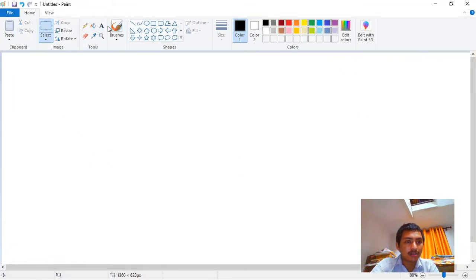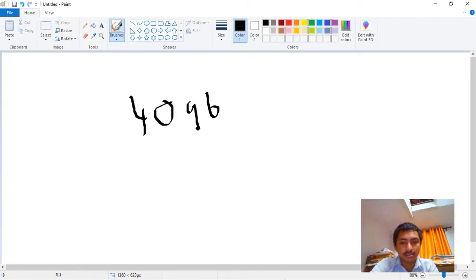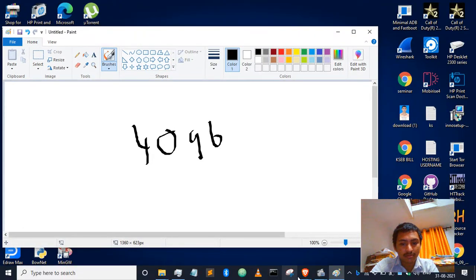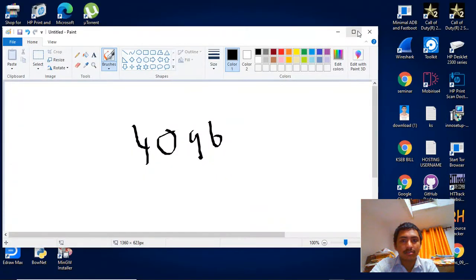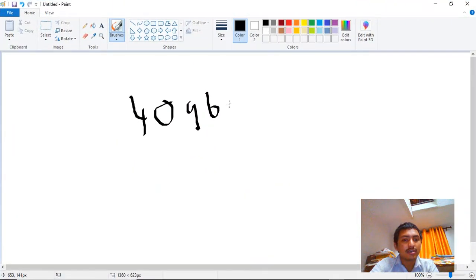There is 4096, I think that's correct. Yes, 4096, correct. So 4096 cells will be like this. This is a row, and there will be row indexes from 0 to 4095.